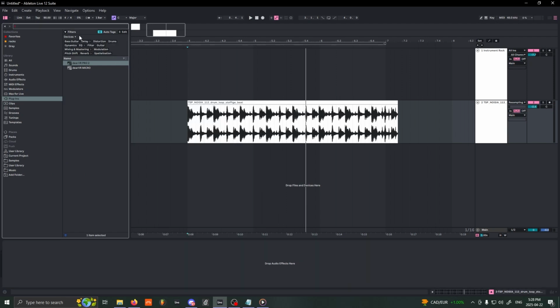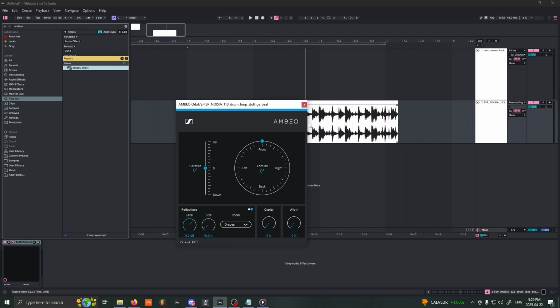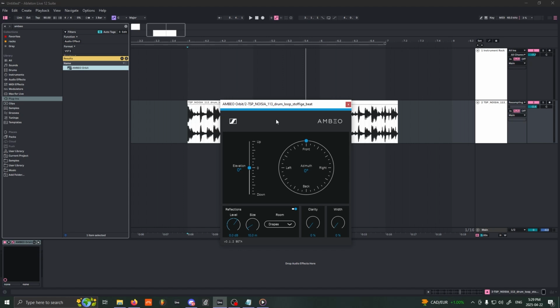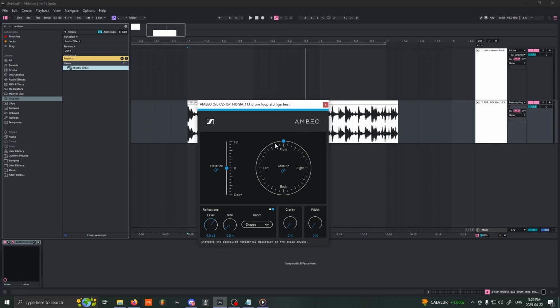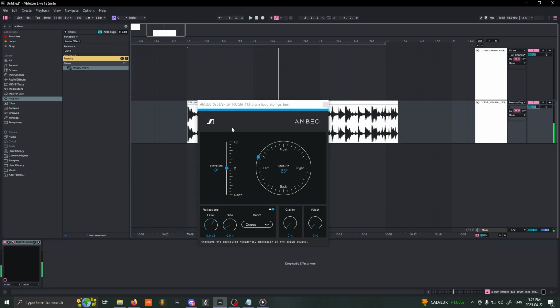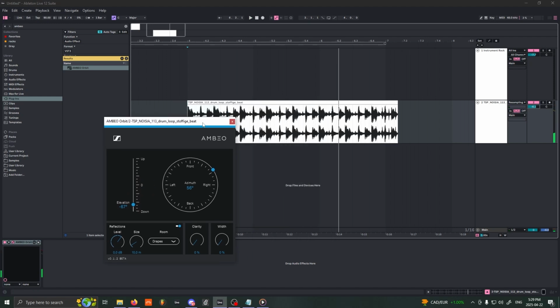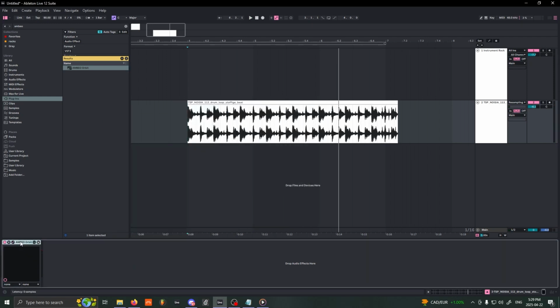One last plugin I think that works quite well is Ambeo Orbit. They're all from the same company. This one is from Sennheiser, but Dear Reality and Sennheiser have collaborated together to make the other plugins. So this is just their own plugin. But it does the same effect. Which is really cool in my opinion. I think they're quite underused in music production, and I feel like it could be quite a special thing to